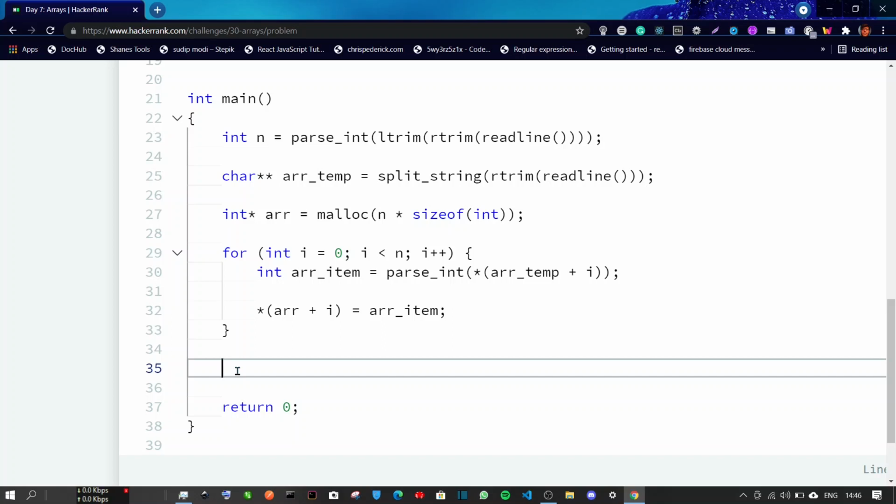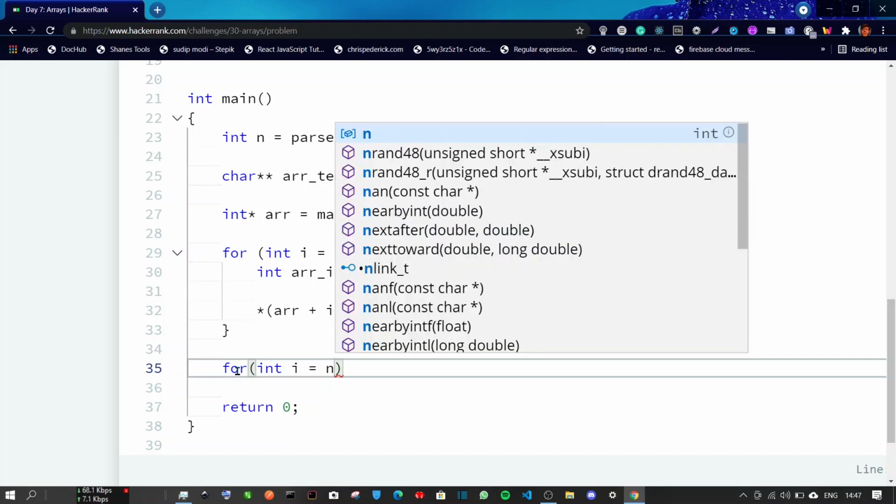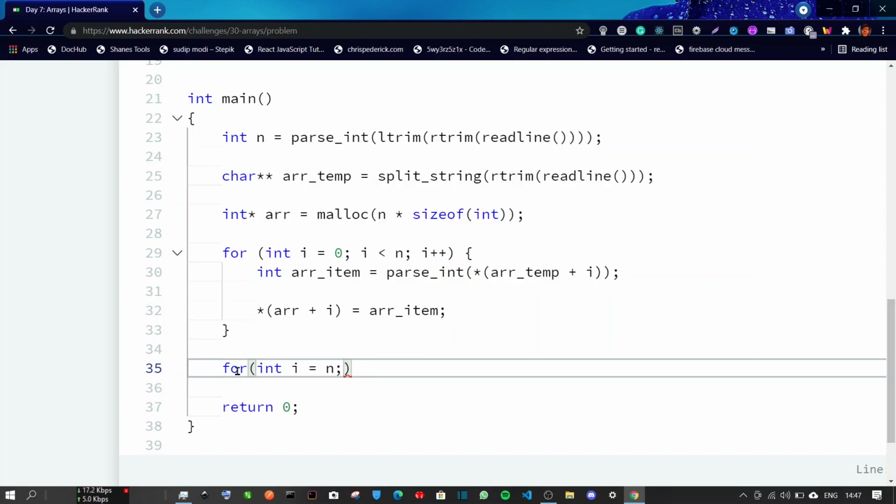What we essentially need to do is make a for loop that will print the array elements in the reverse order. So we write a for loop which has a counter as i. It starts with the value of that size n. So i will decrease from n to 0 and it will print everything according to that index.